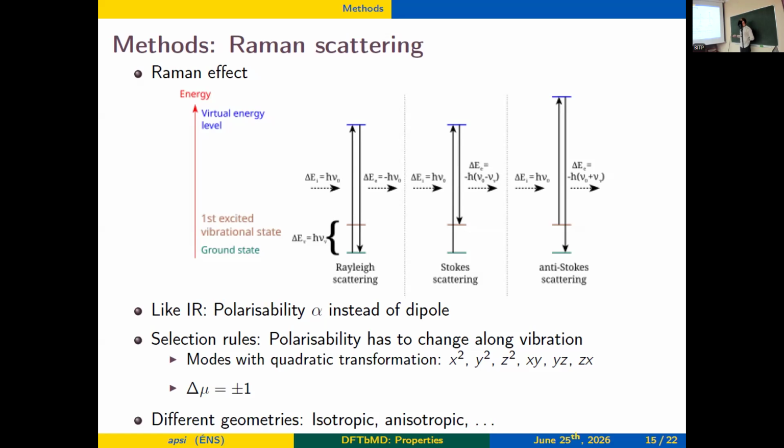And then one can show that if one looks at the character table, the harmonic analysis and symmetry analysis, there's a high symmetry of the system. So the modes in the character table, which have a quadratic form, square and so on, they are Raman active. And then